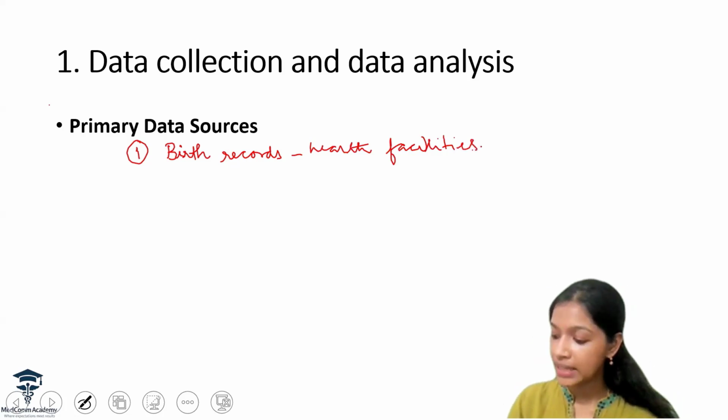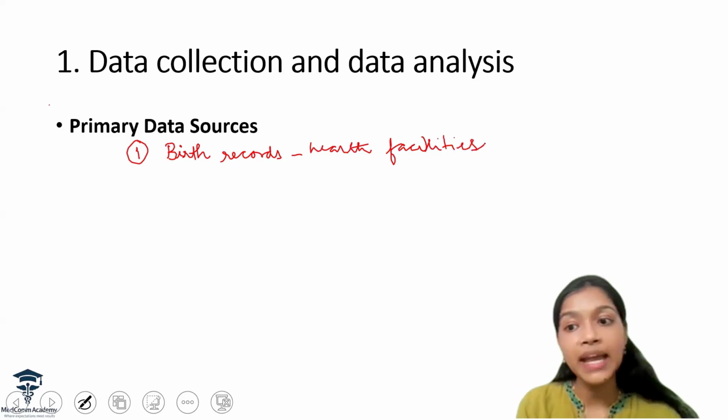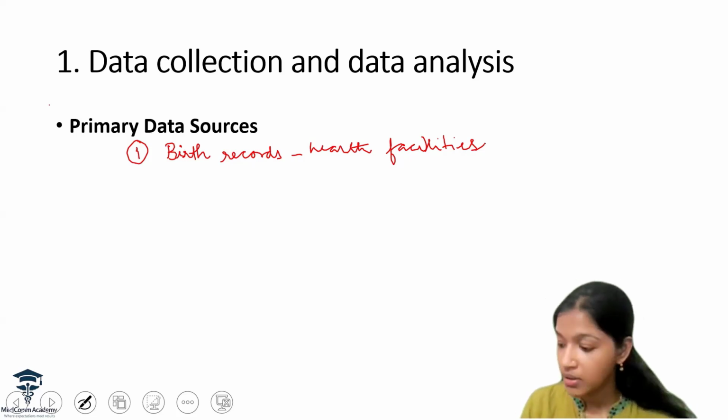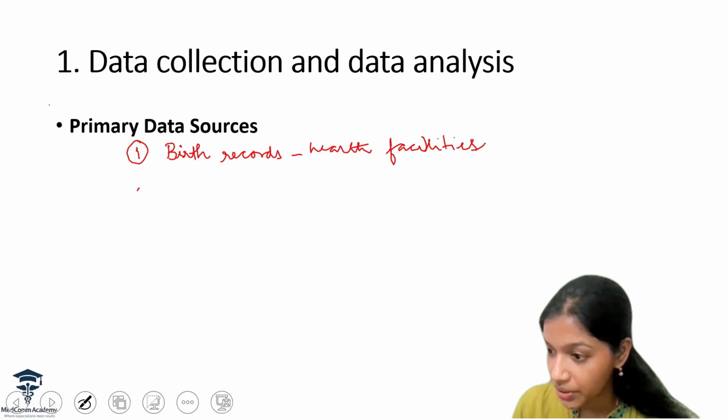From all the health facilities in the block, it can be hospitals, private nursing homes, rural hospitals, any birthing centers, anywhere where deliveries can happen. So first we will check the birth records. Second,